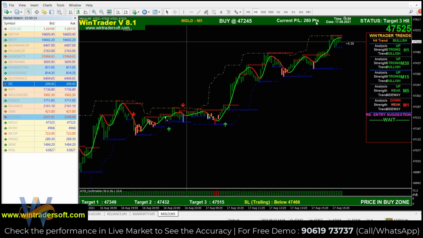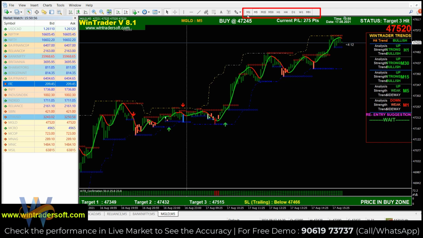As per that, you can change the time frame. You can see 1 minute. If you are a scalping trader, then you can change the time frame to 1 minute. And if you are an intraday trader, you can follow the 5 minute or 15 minute time frame. So we are preferring 5 minute. If you are a first-time user, we are preferring 5 minute. And if you are a short-term trader, with short-term positioning, then you can follow the 1 hour or 4 hour chart. And if it is long-term positioning trading, then you can follow the daily chart.